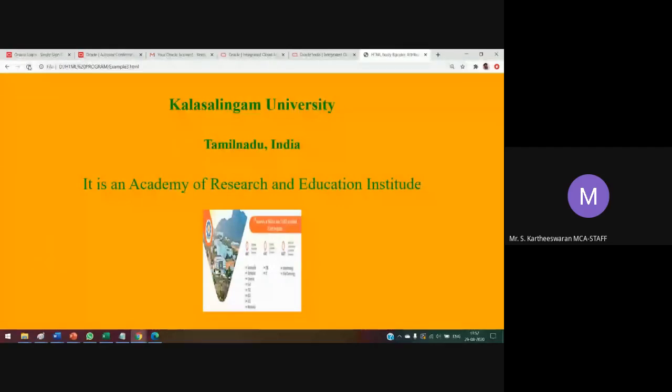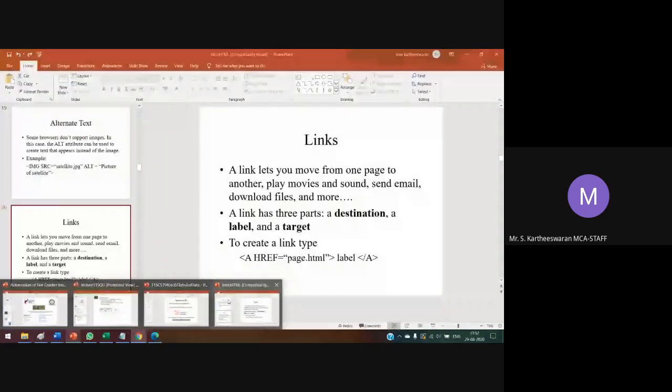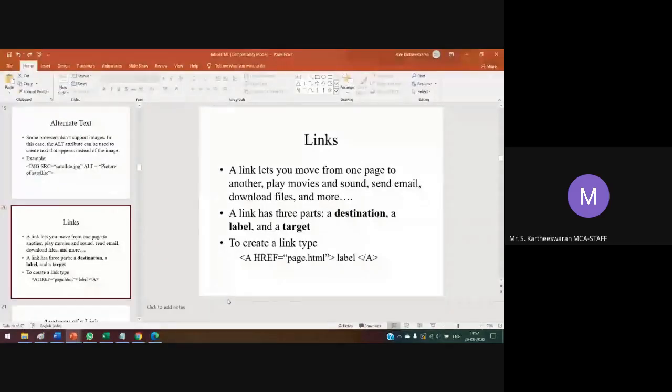Then the next example is a link. A link means when you press it, it will redirect to some other page. For example, here we are using links to move from one page to another page. In online purchasing, these are all the operations you have to perform.